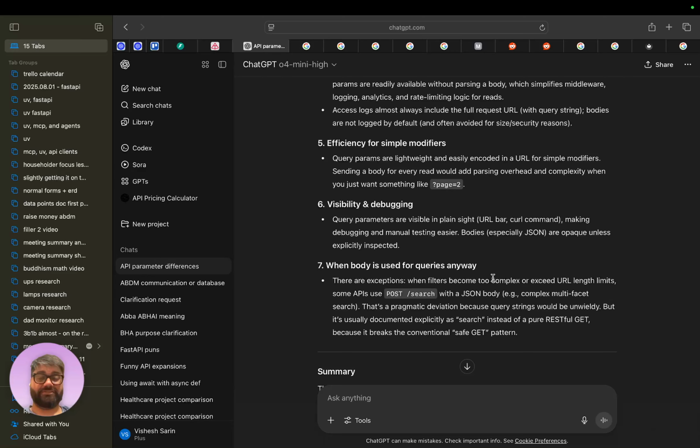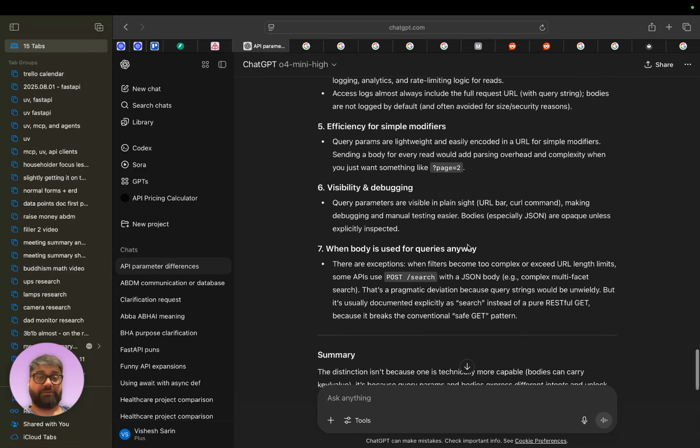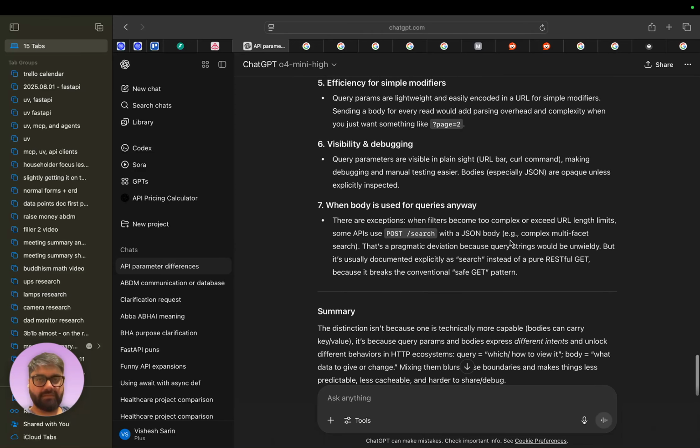It's an additional step, which can add up over hundreds of thousands, millions, billions of requests. Visibility and debugging also make sense. It's easier to debug a URL versus the body, which is hidden and usually needs to be manually inspected.